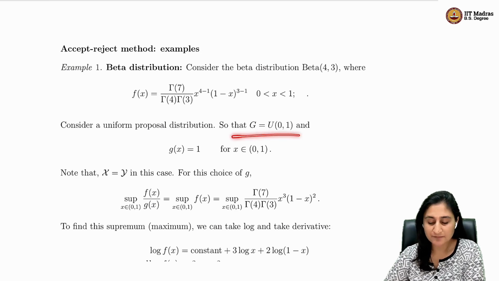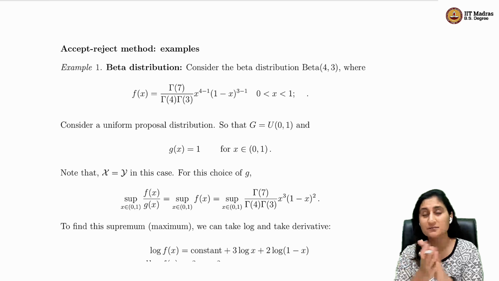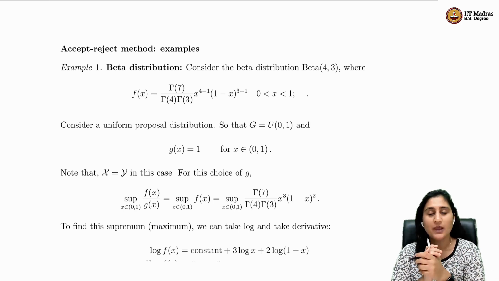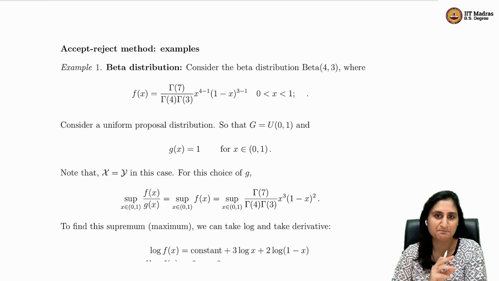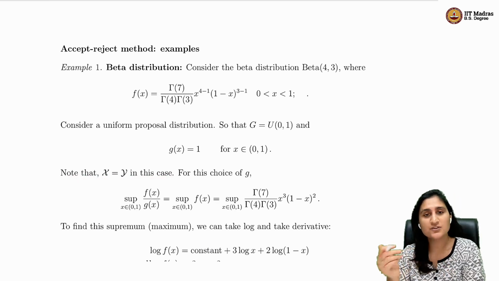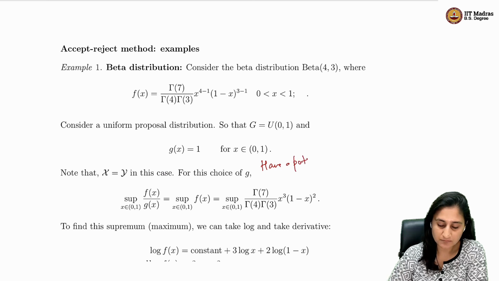So the uniform density function is basically g of x equals 1 for all x in [0, 1]. Right? So that's a very simple density function. And in this case, script X is equal to script Y because my supports are the same. Okay. Now for this choice of g, at this point, I have a potential proposal,